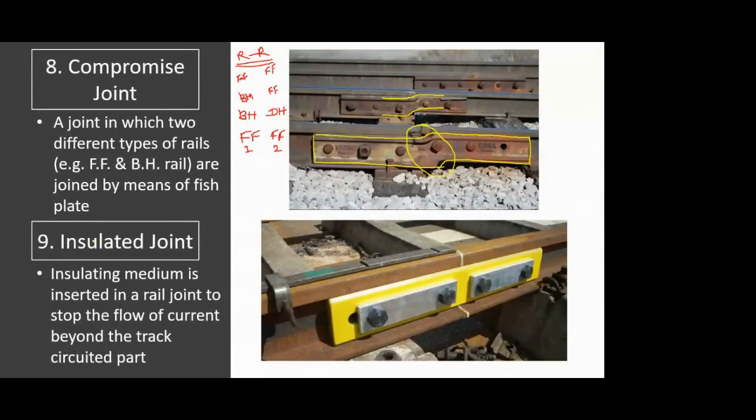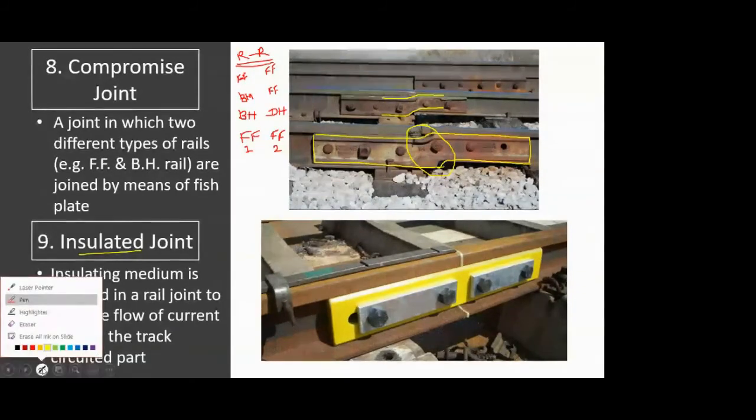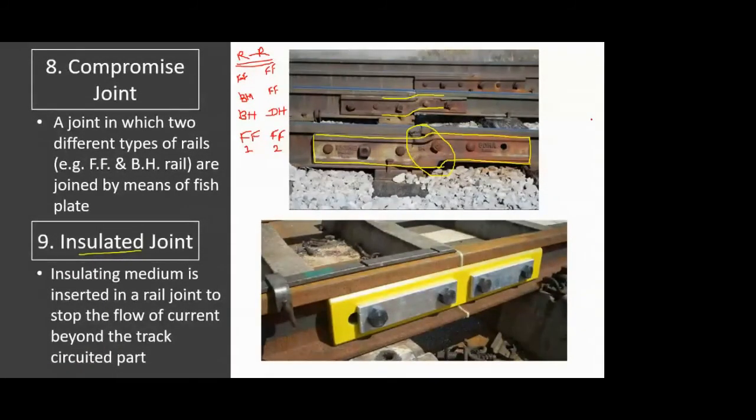Then the ninth type you have is the insulated joint. Insulated joint, again from the name itself we can guess, these types of joints are used where you need to provide insulation. Knowing that the majority of the rail sections in India are electrified, that is, the engines run on electricity, you have an overhead wire, and you have such types of angles which are protruding from your engine, and this is the main engine, suppose.